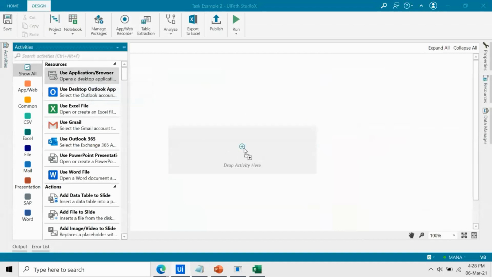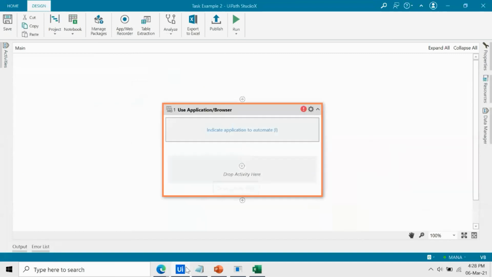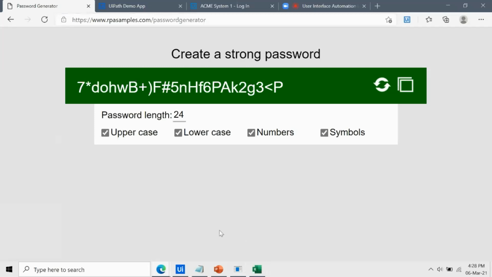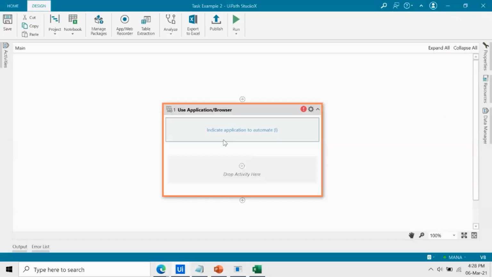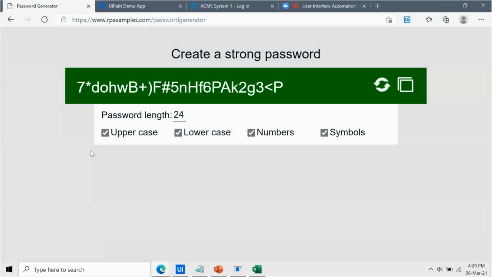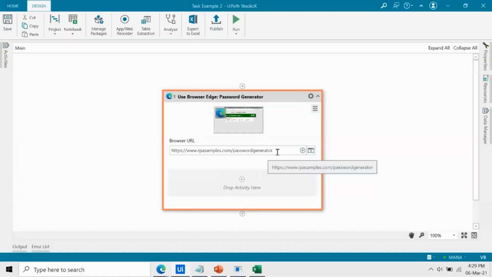So we use the use application browser again, and we make sure that we have the browser opened along with the website URL. In case not, then we have to press F2 as a shortcut key so that it gives a 5 seconds delay to a developer to open such application manually. Okay. So indicate the application to the browser and I indicate the website URL.